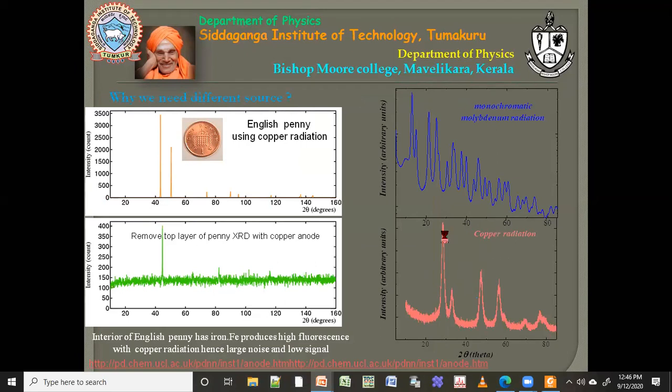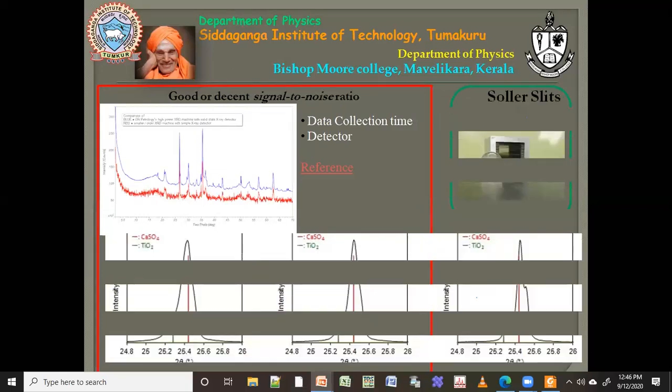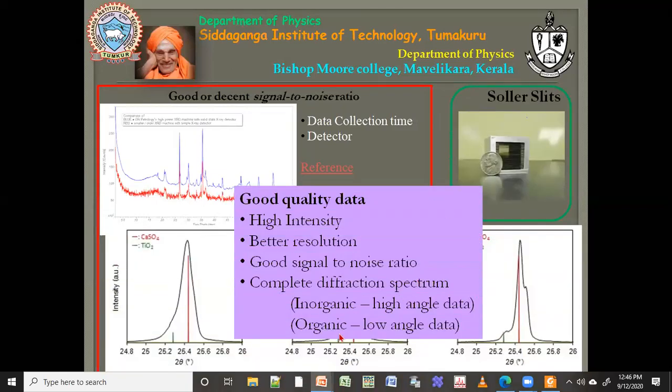Okay, on the phase. So that is why for inorganic, normally you do for high angle. But if you take organic, most of your peaks will be vanishing by 30-35 degrees. I have done this with organics in some cases. In that case, you should start at very low angle, maybe around 2.5 or 5.